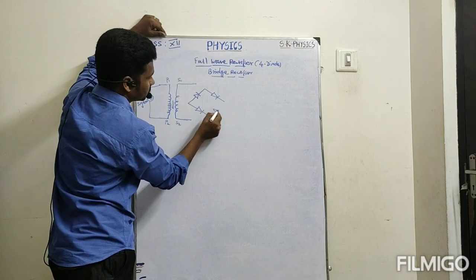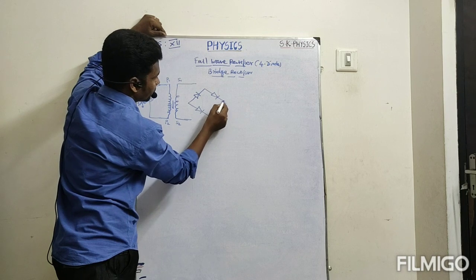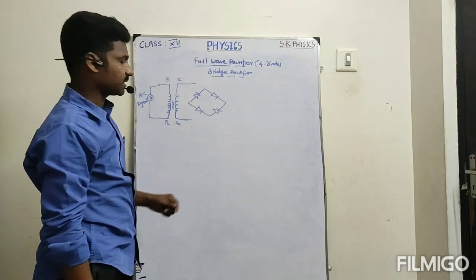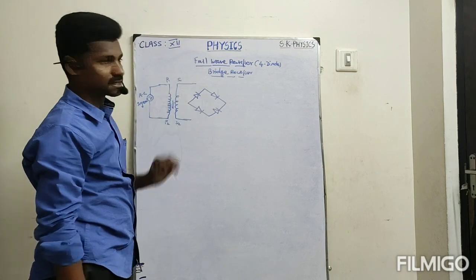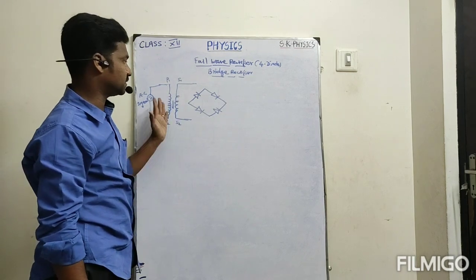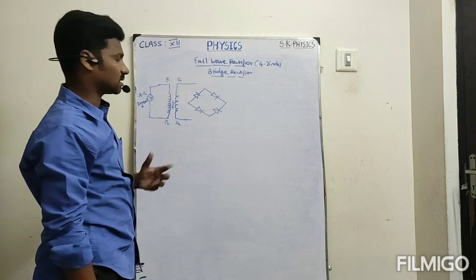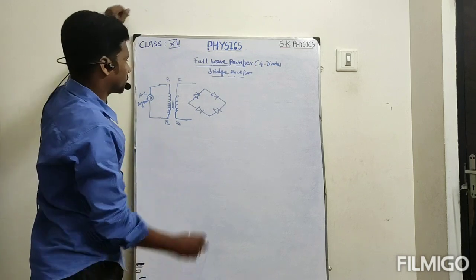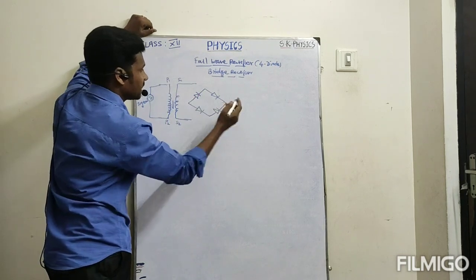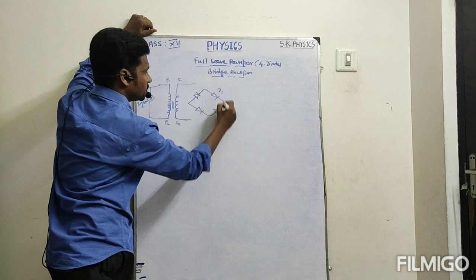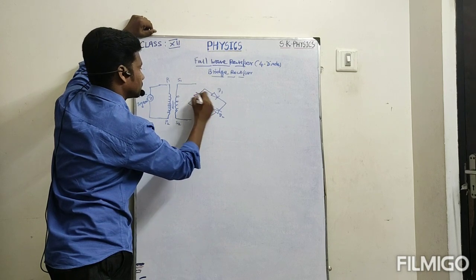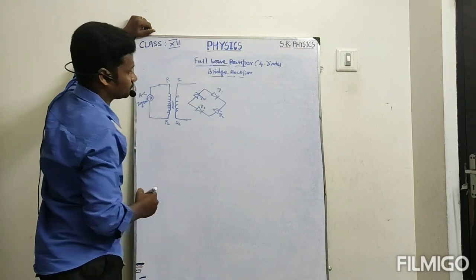then here one diode. Sometimes in competitive exams they ask about the diode direction also. In options A, B, C, D, different directions are given, and we want to select the correct direction of the diode. So that is also an important case, and you should observe that. I named them D1, D2, then this one D3, and here D4.